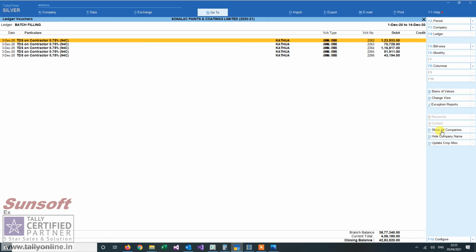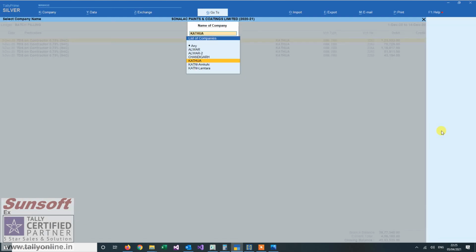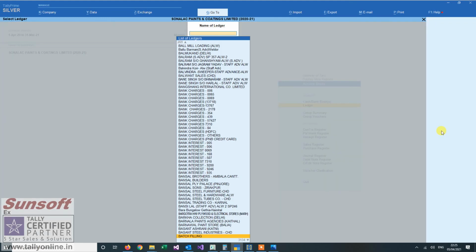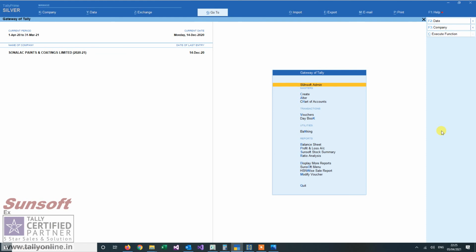So you can see your party ledger. If I say for all companies and select any, then everything comes up. And if I select a particular branch, then it only shows me the opening balance of that branch and the relevant transactions in it. So this add-on is useful when you have to maintain multiple branches in a single company. You are able to handle your multiple branches, and the GST part is also handled in this add-on.